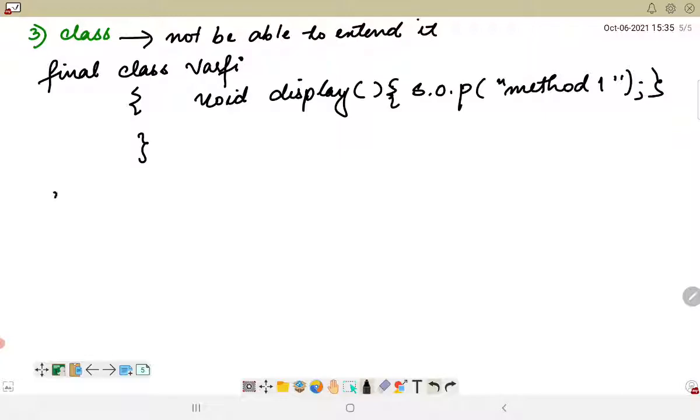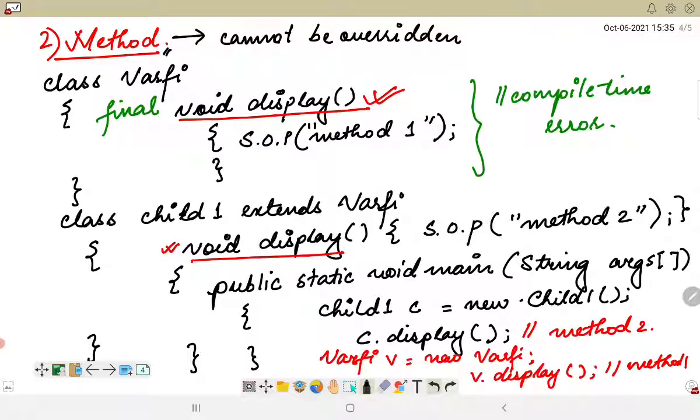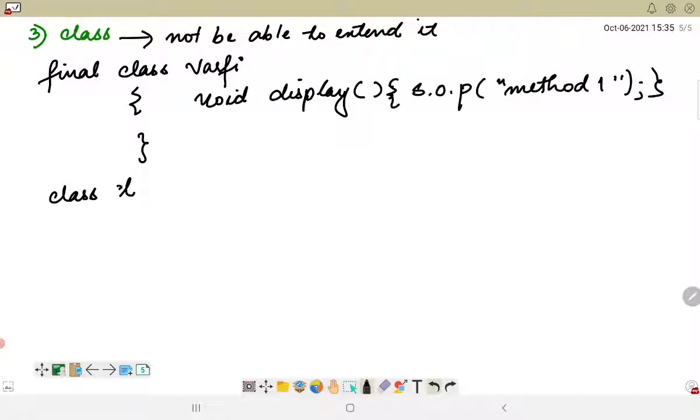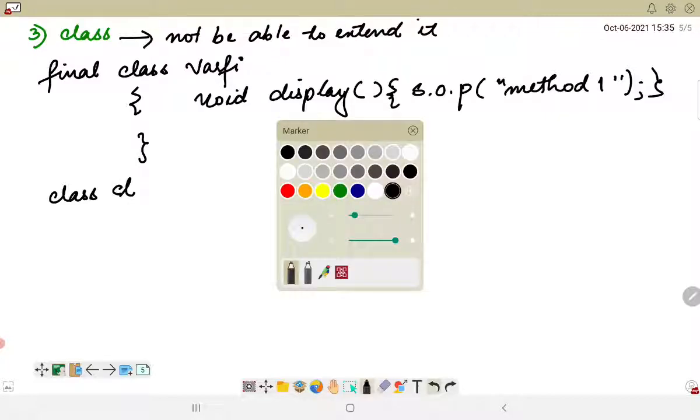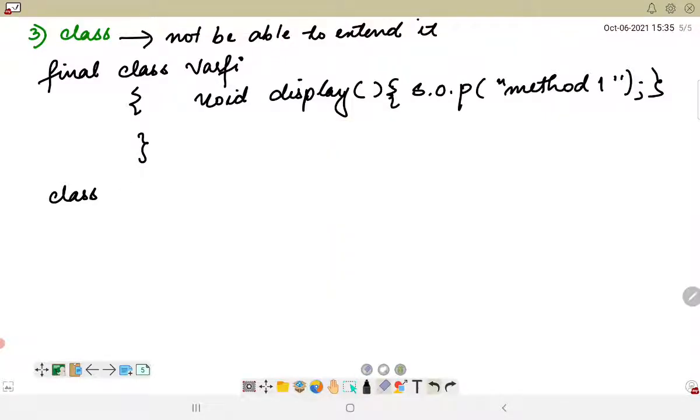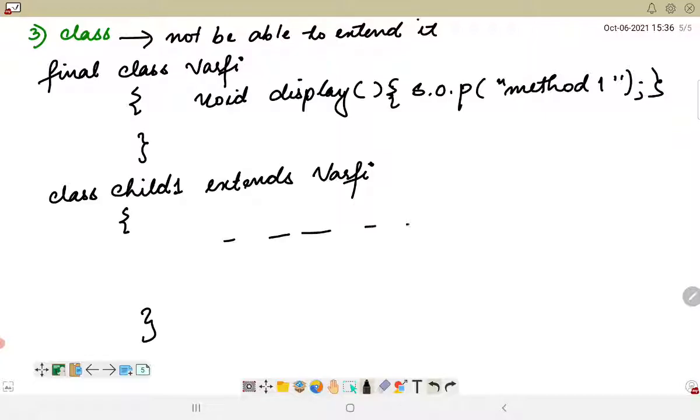So if I am using some other class, let's say the class Child1 that we used previously, I'll use the same one. So class Child1 extends Varphi, and then I try to write anything here.